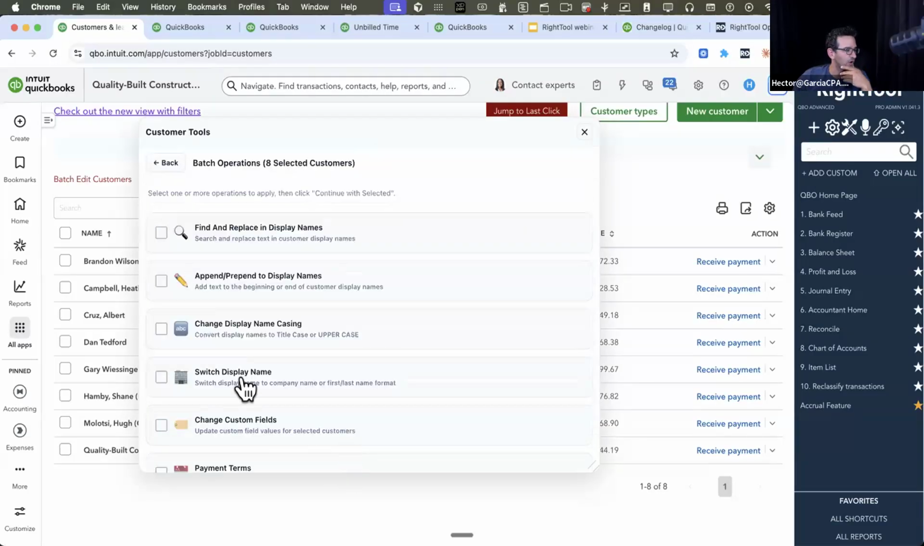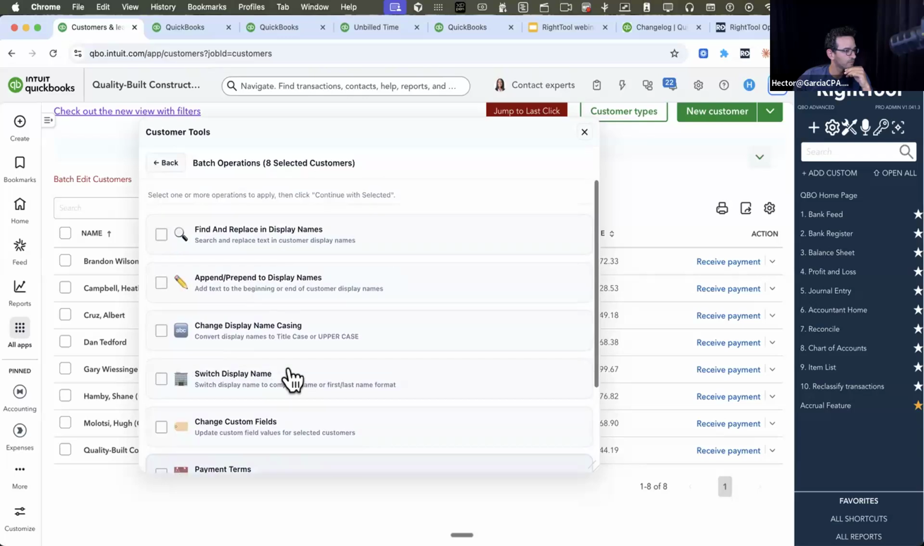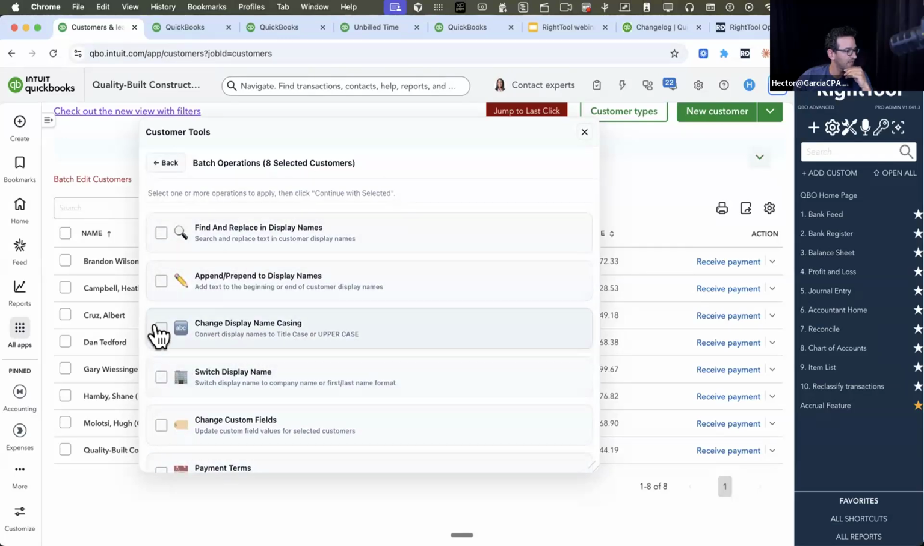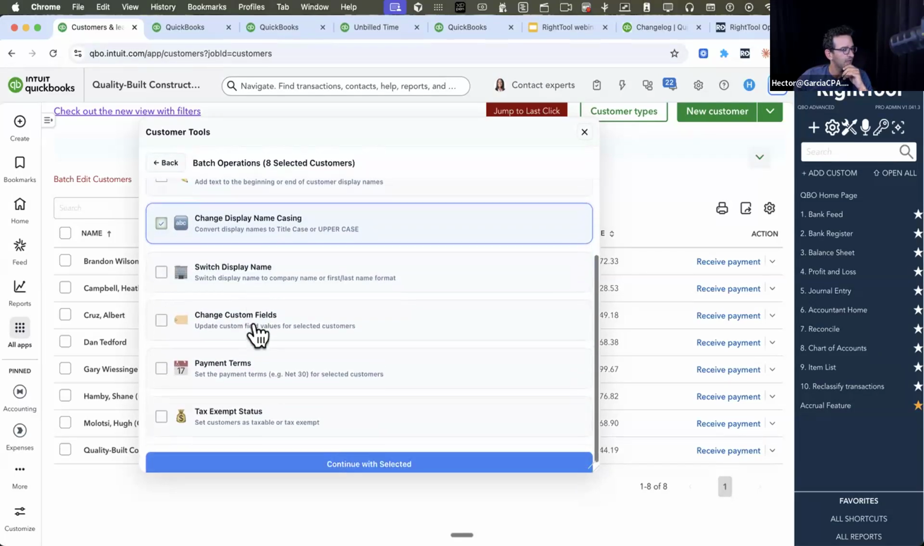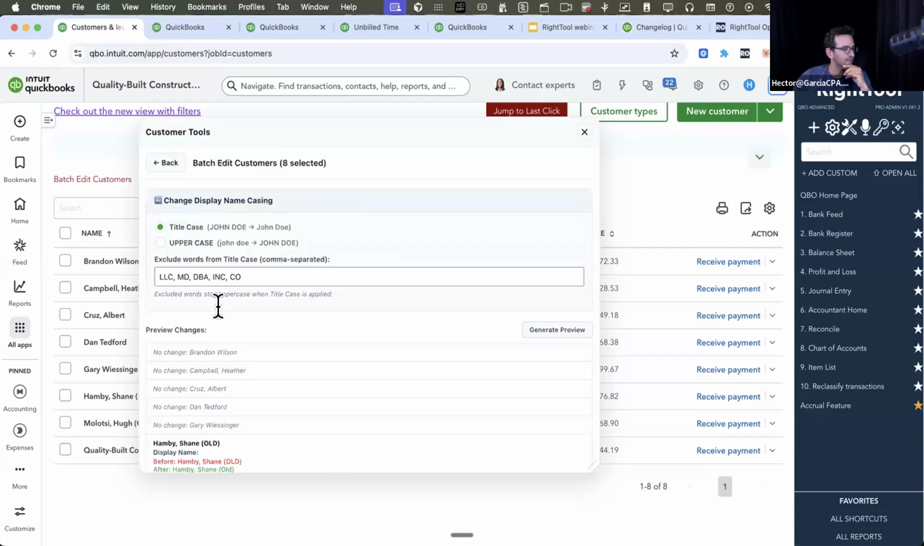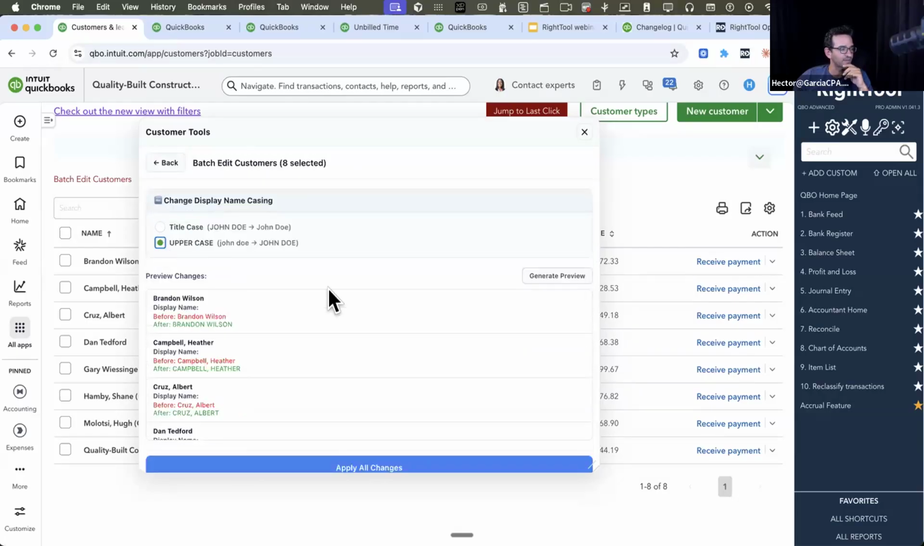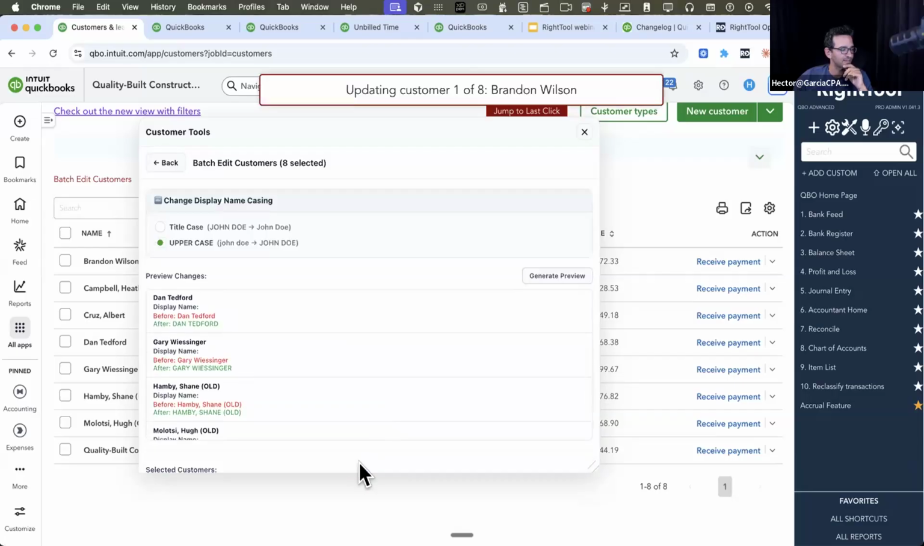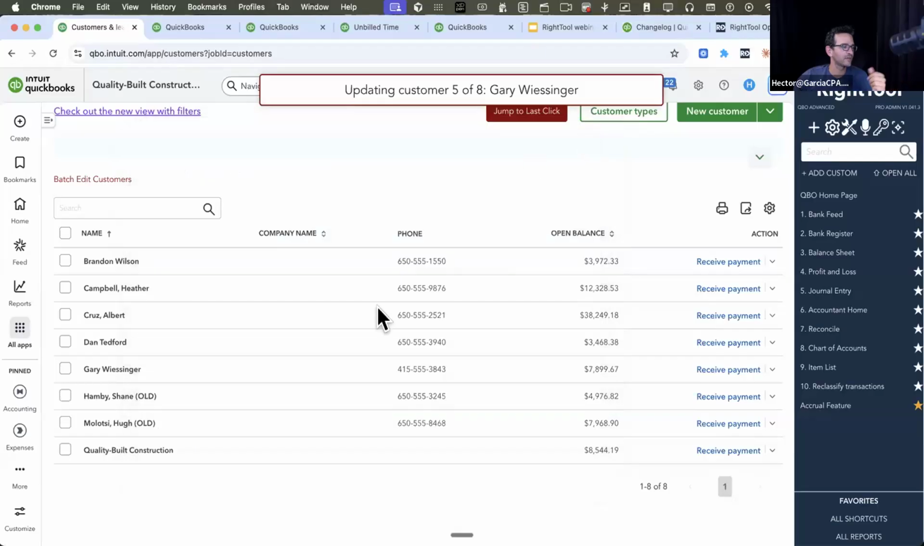So I go to select all, and then I go to, where is it? Change display name casing, and then continue, select it, and then I can make everything uppercase. Okay, and then go to apply changes, and it works both ways. So I can make it all upper, all lower, make it all proper, or what they call title case, switch